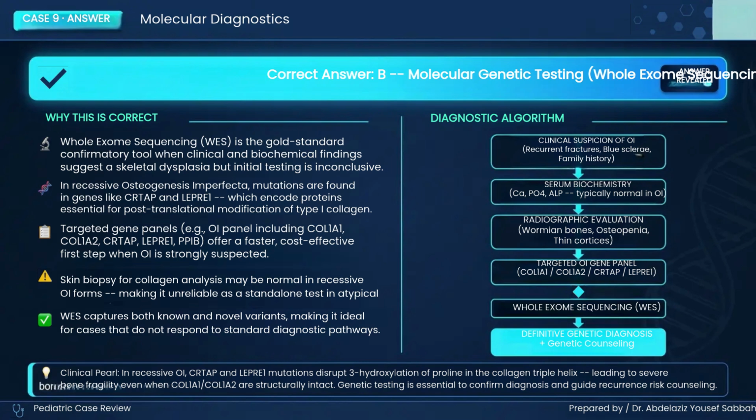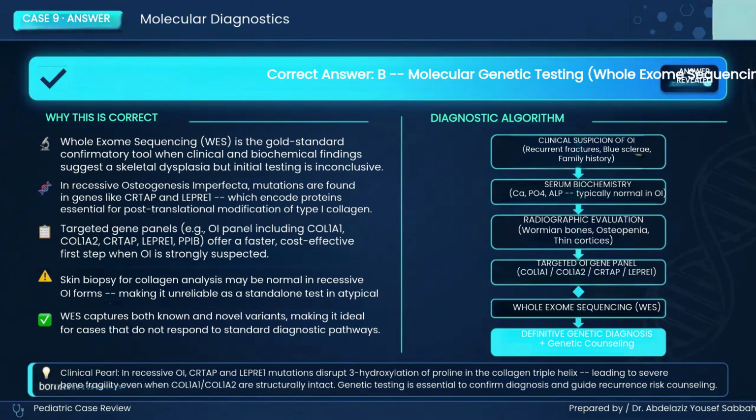Whole exome sequencing is the gold standard confirmatory tool when clinical and biochemical findings suggest a skeletal dysplasia, but initial testing is inconclusive. In recessive osteogenesis imperfecta, mutations are found in genes like CRTAP and LEPRE1, which encode proteins essential for post-translational modification of type 1 collagen. Targeted gene panels including COL1A1, COL1A2, CRTAP, LEPRE1, and PPIB offer a faster, cost-effective first step when osteogenesis imperfecta is